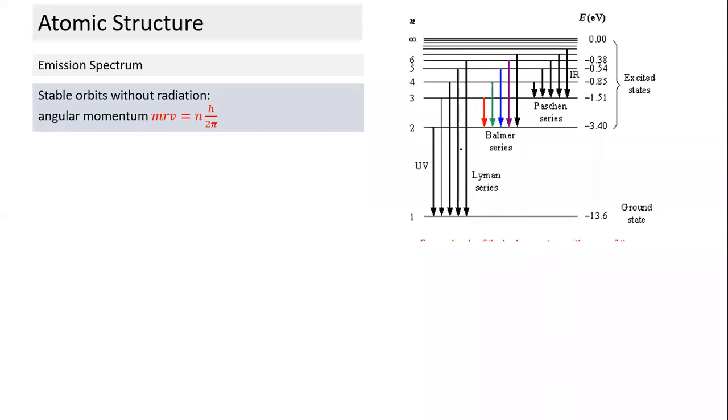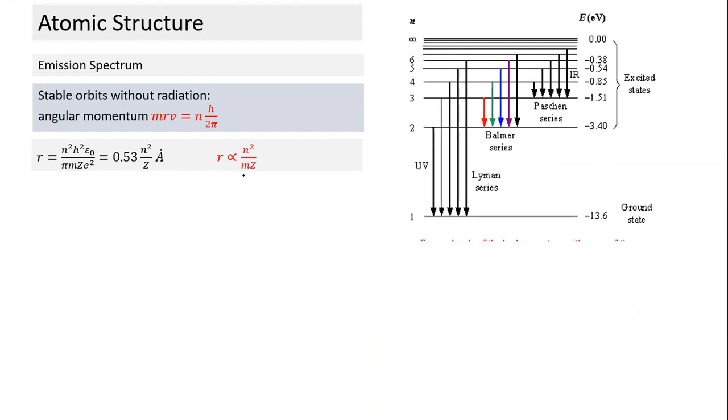Say emission spectrum, and the reverse of this is the absorption spectrum. So stable orbit and Bohr's law, these are the things we need to know. This topic starts with Bohr's law, and this is the only new thing. It comes from centripetal force being equal to electrostatic force, and we get r is proportional to n square by Z.